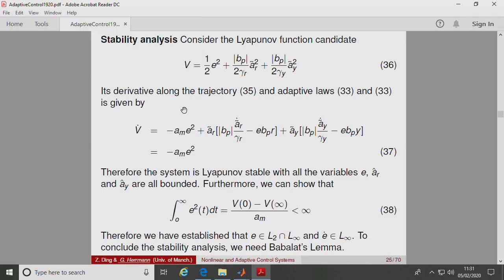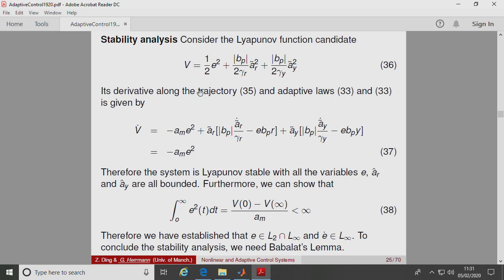So the first thing is, we know in principle that our Lyapunov function is either decreasing or constant, isn't it? Yes? So that means E is bounded at all times. Our Lyapunov function is either decreasing or constant. That means E is bounded, our errors are bounded. Okay, good. That's quite important. So E is bounded and our errors are bounded.